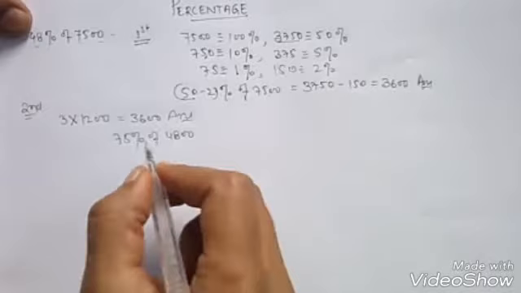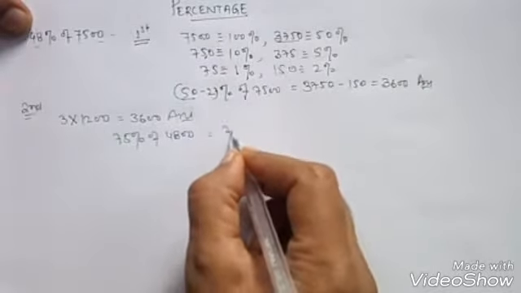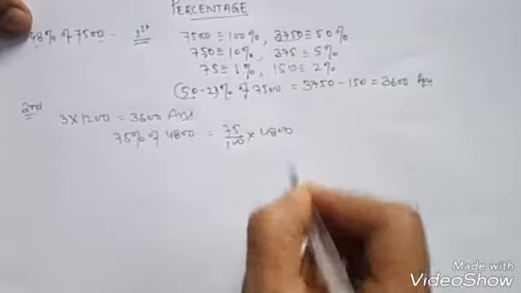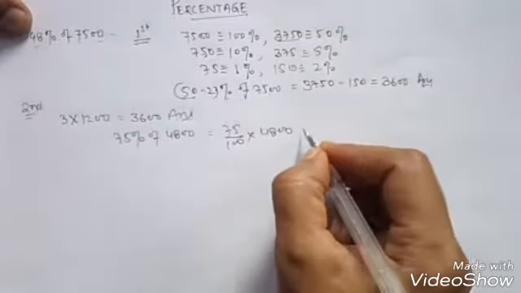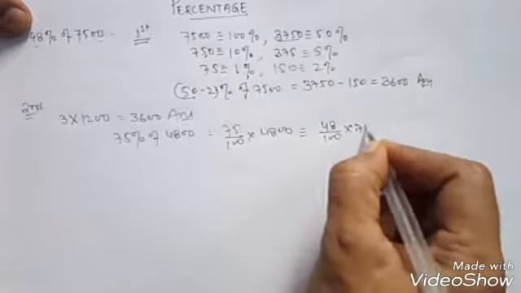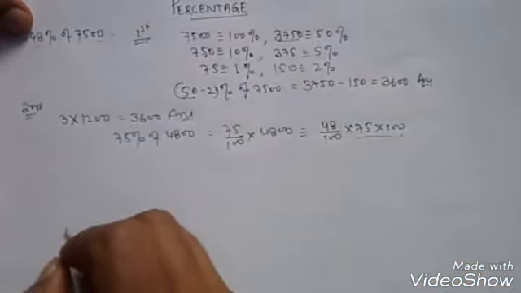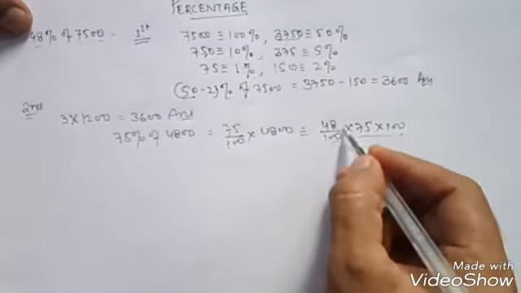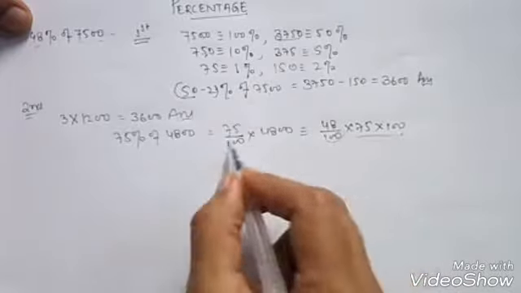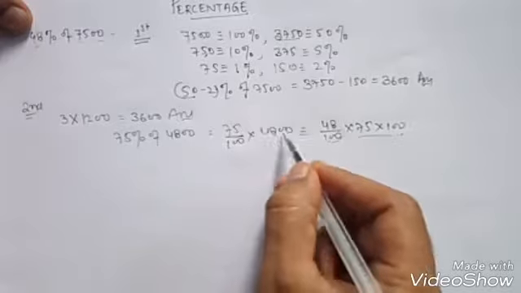Yes, I can, because if I explore it, it is equivalent to 48 by 100 multiplied by 7500 by 100, if I put it together. So what is this? 48% of 7500. There is no difference between these two terms, so I can write it as 75% of 4800,